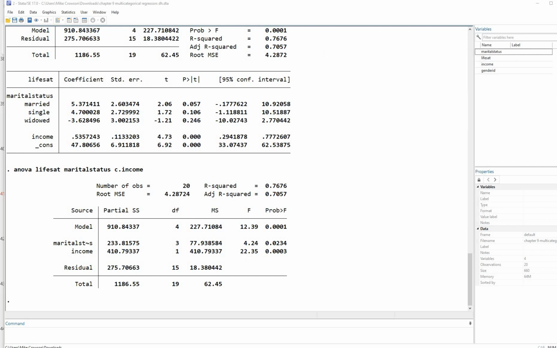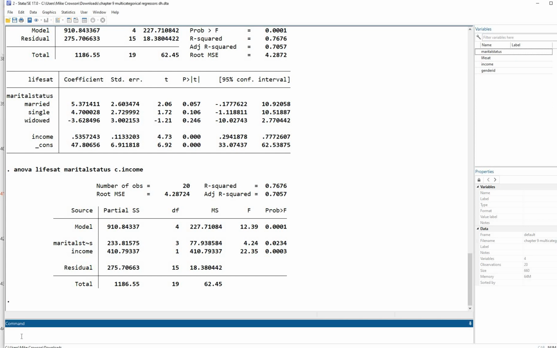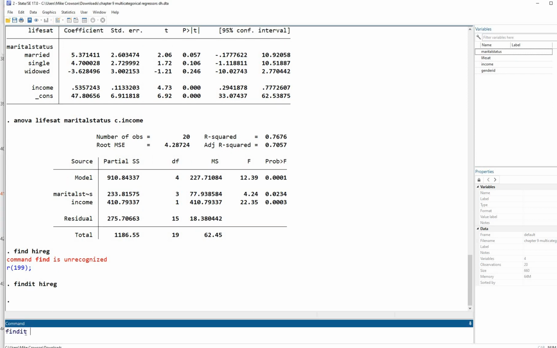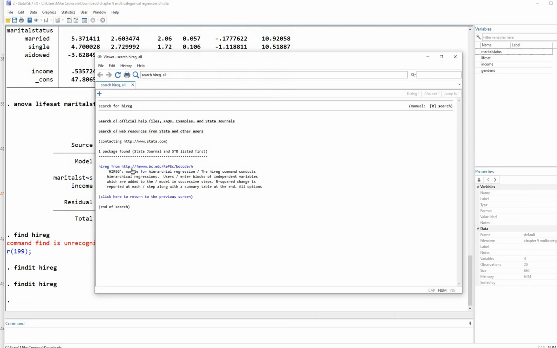Now at this point I will say too that there is another way to test the omnibus effect of our marital status variable and also obtain an R-square value, or basically a multiple squared semi-partial correlation for marital status, and that's basically using a package called hireg. So to utilize the package, first off we need to make sure that package is installed. So I'm going to go to the command line right here. I'm going to type in find it hireg, H-I-R-E-G. My apologies, there was a little error there. So we're using the findit command, and so there's a